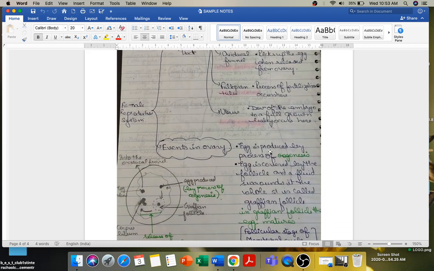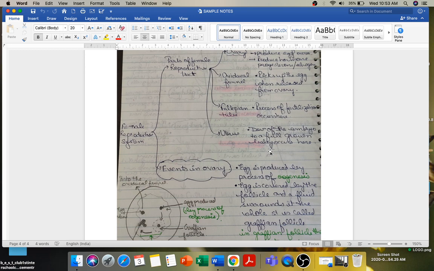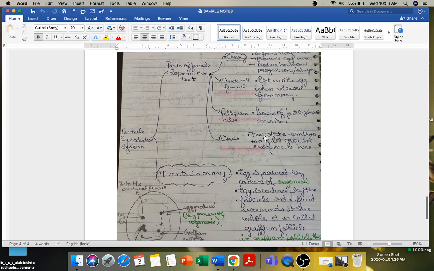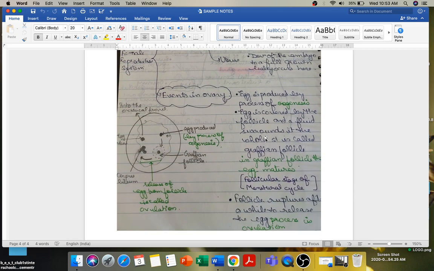Here, in this page, you can see that there is a flow chart which is explaining the whole female reproductive system. This chapter has been removed from your syllabus, but I'm just showing you how the flow charts look. You can see that the female reproductive system parts are explained, ovary, funnel, fallopian tubes, uterus, along with their functions, and whatever is important related to it, events taking place in the ovary, all the pointers are mentioned here with the diagram. So this is how you prepare your own notes so that everything is handy with you when you are preparing for your boards.